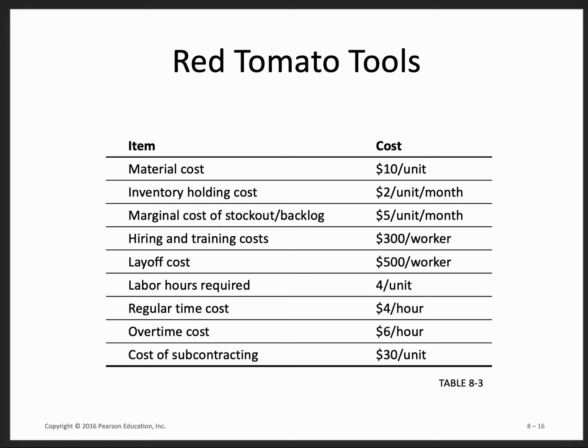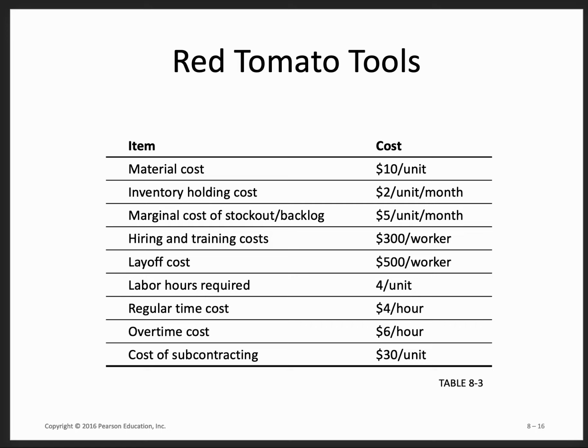Now, how is this calculated? Well, if it's a backlog, you're essentially assuming that if somebody comes to your store to buy a tool and you tell them that they can get the tool later, you're giving them approximately a $5 discount to get the unit. It is more complicated than that, but that's approximately what it is. If it's a stock out, you have essentially lost the sale for that person. They might go and buy the tool somewhere else, and they might come back to you potentially for buying other tools, but they might never come back. So you're assessing the cost of losing that one sale and future sales from that person at about $5 per